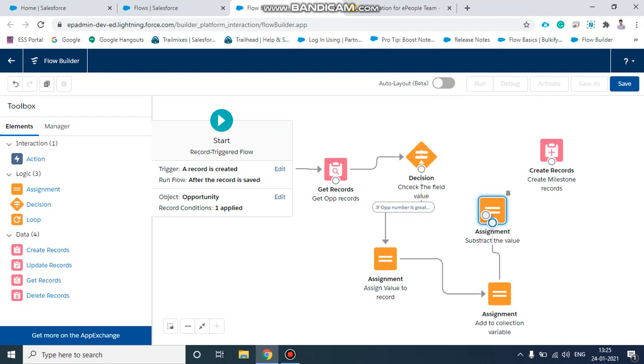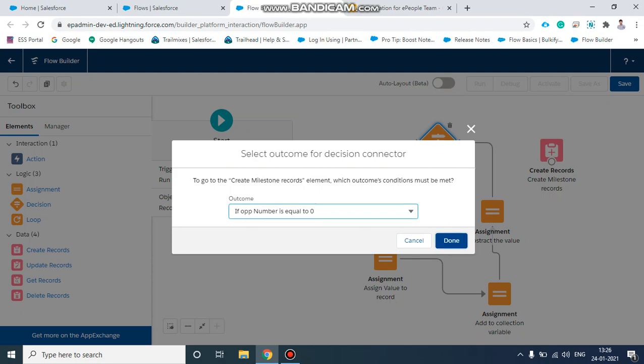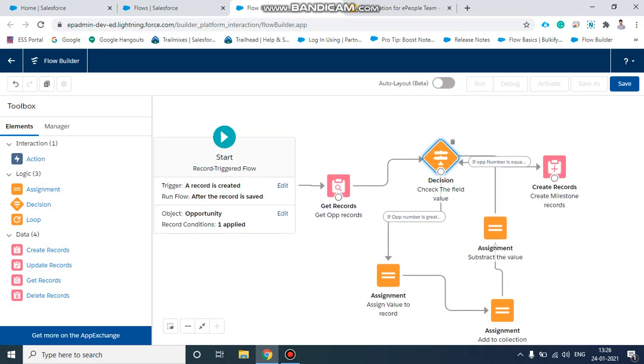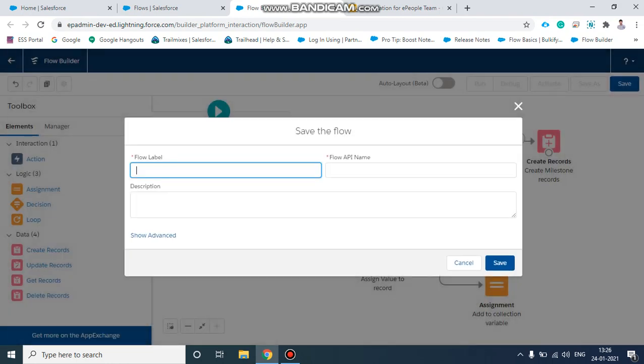After that, we need to connect this subtract assignment to this decision. Then when the variable value is equal to 0, we will create those records. So this is our flow. Okay, we will save this.